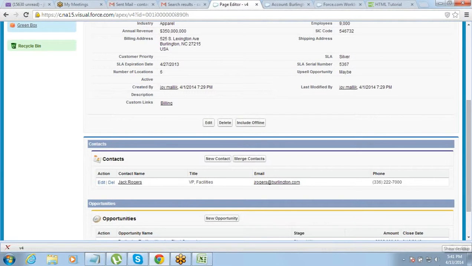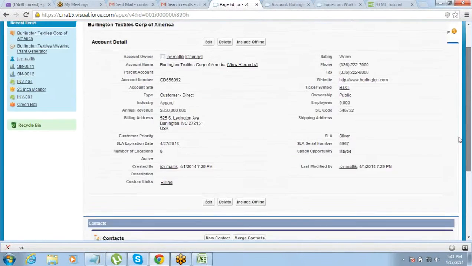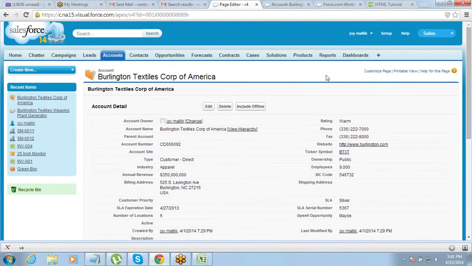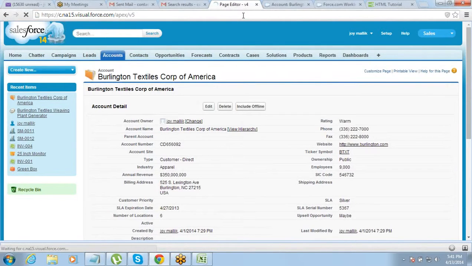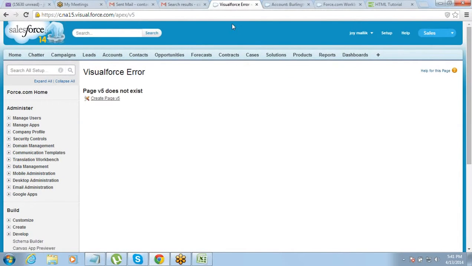For that, we have to create another page. So if you are clear on this page, we are moving on to the other page, where we will create the same thing with tabs.